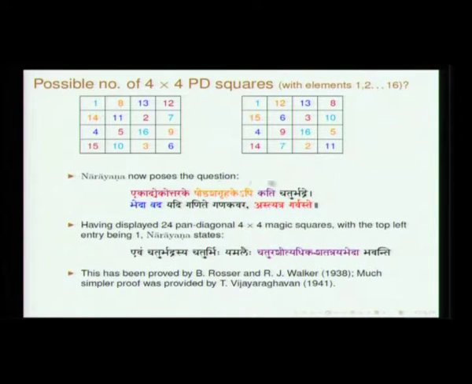In fact, the verse which actually poses this question is as follows: Ekad ekottarake shodasha grihakepi kati chaturbhadre bheda vada. Vada means may you tell me. So kati bhedaha, how many possibilities are there? Ekad ekottare means the first term is 1, ekottara common difference is 1. So you have this 1 to 16. So in Chaturbhadra, in a 4 by 4 magic square, how many possibilities are there?